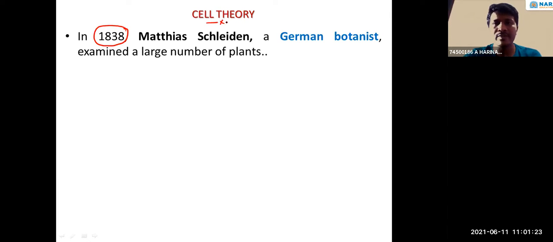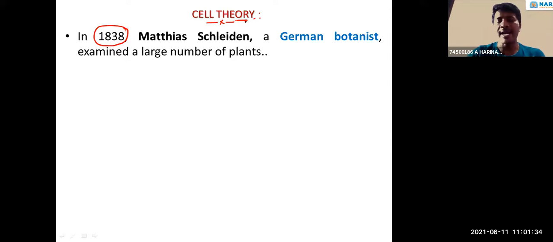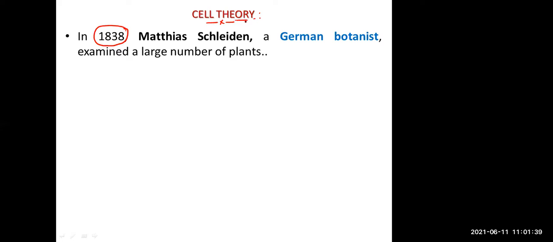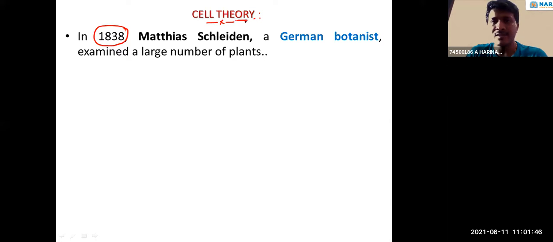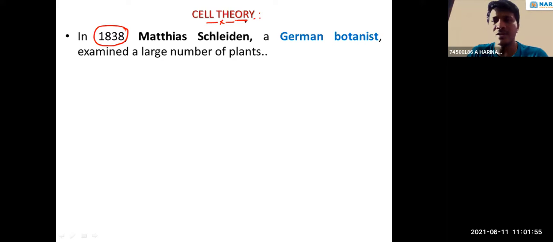So, cell theory. Schleiden and Schwann together gave the cell theory, but the cell theory was modified by Rudolf Virchow. Rudolf Virchow, right? He added one more sentence. What is it? All cells arise from pre-existing cells. New cells are produced from pre-existing cells, right? The final shape of the cell theory was also given by Rudolf Virchow.